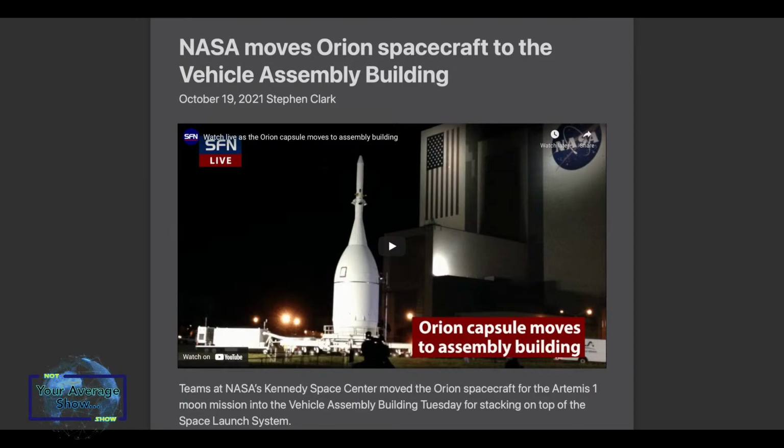one that is going well enough. It's been in development for quite a long time. It was part of some other programs and uses some other parts we'll talk about, previously used parts, not spare. But nevertheless, it has left the launch abort system tower of a building over on the Cape, and it's on the way to the VAB. It's already there now, actually, to be stacked onto SLS, the very large